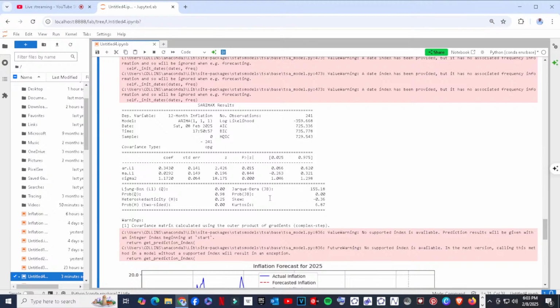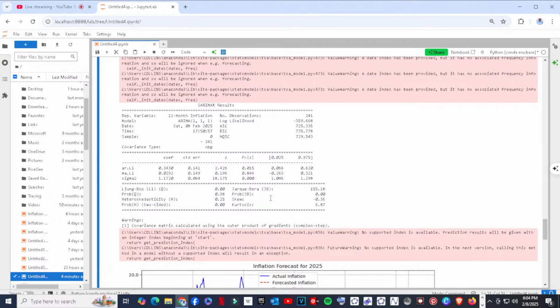So the short-term moving average effect is weak, meaning random shocks do not significantly impact future inflation. I'll be giving this in report form so that one can refer to it every time.